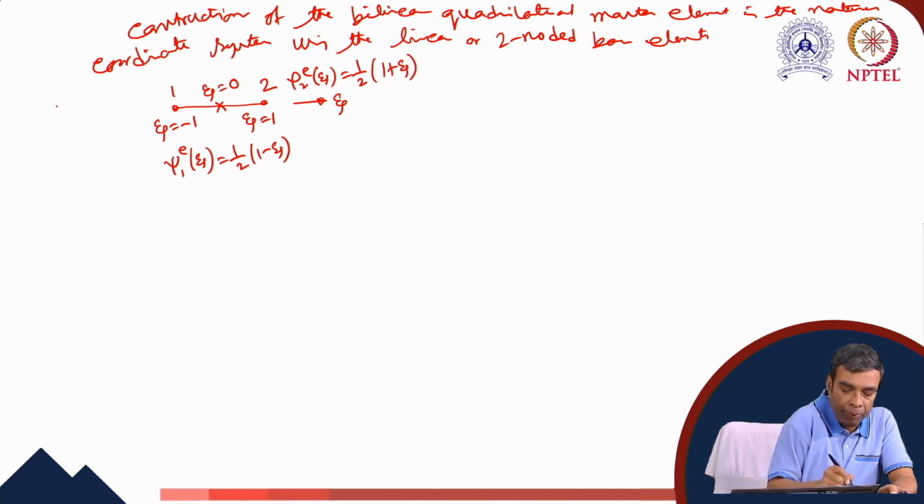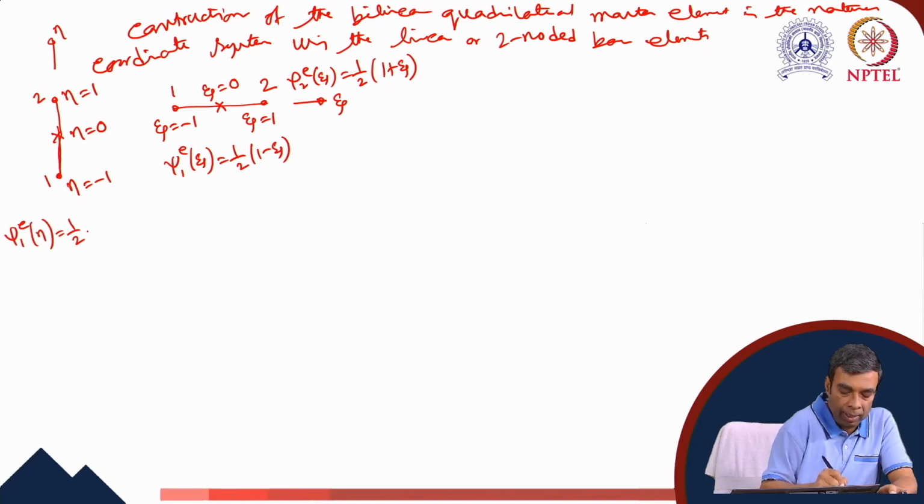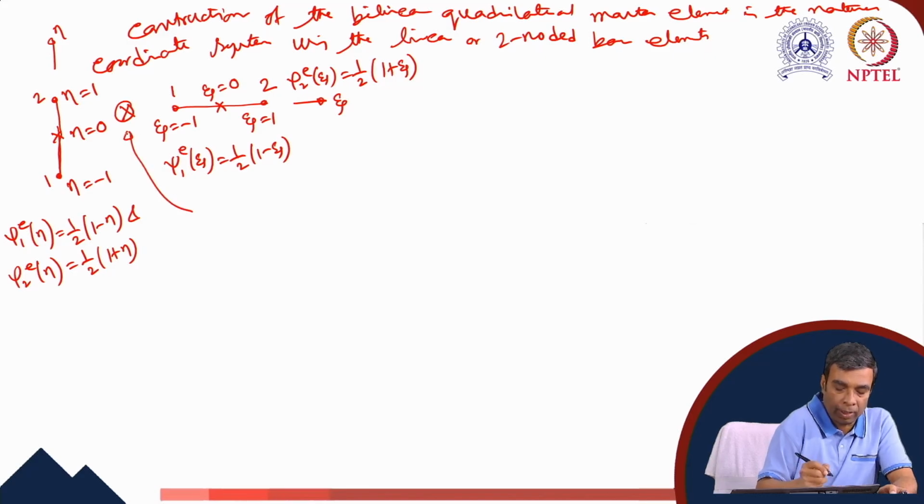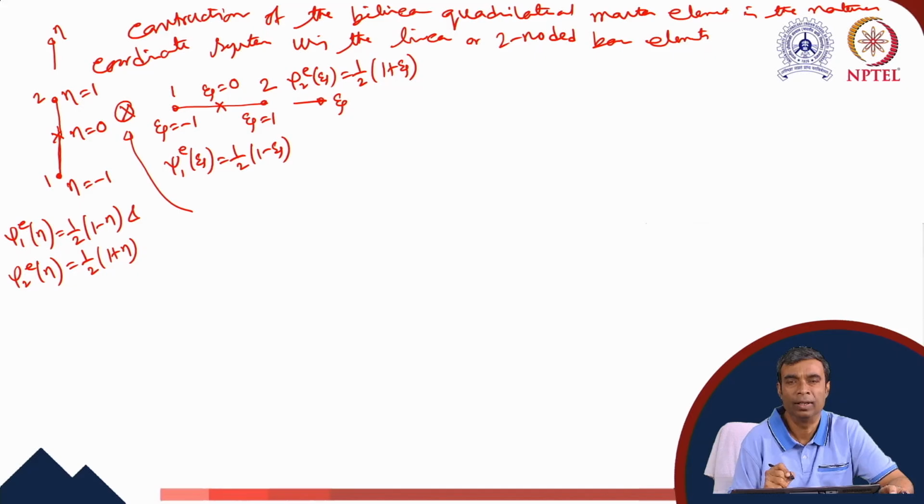Similarly, we can define the element in the vertical direction. So this is the eta direction. This is eta equals to minus 1. This is eta equals to 1. Local nodes 1 and 2. This is eta equals to 0. So psi 1 e of eta equals to half of 1 minus eta and psi 2 e of eta equals to half of 1 plus eta. Now we can take the outer or tensor product of these two elements and construct the bilinear